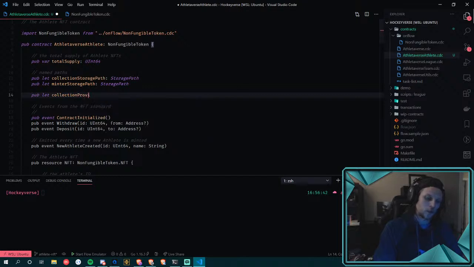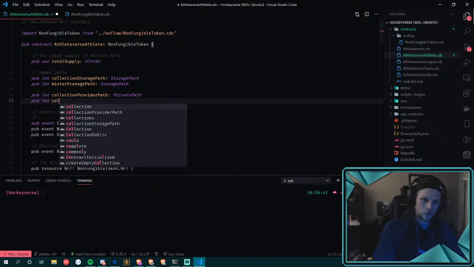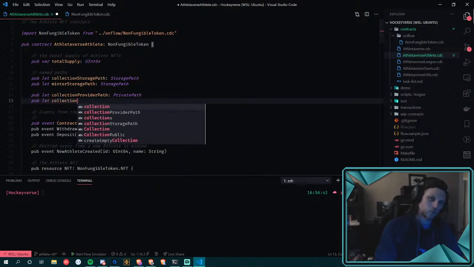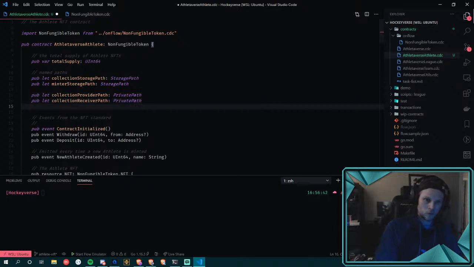Collection provider path. Collection receiver and public are, well, receiver I guess is a private path. Don't quite know if we actually need that, but